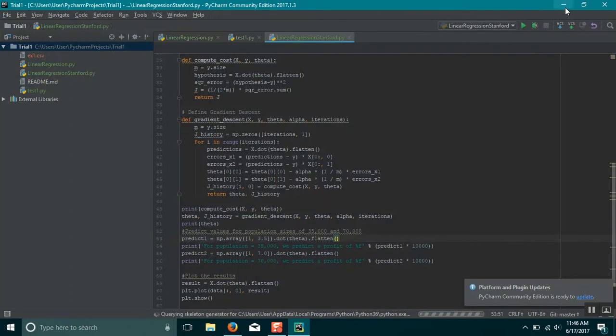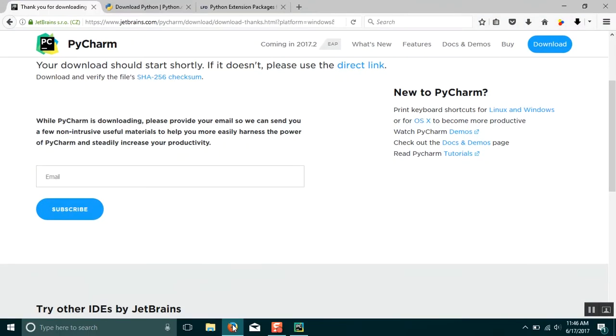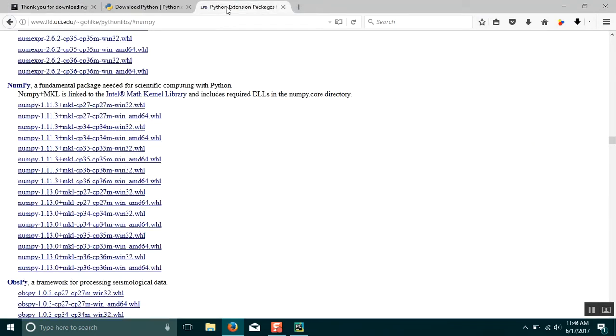So the one problem that most people face is that even after following these steps, they were not able to install NumPy, SciPy, or they face some problems, and it might show that it is not properly installed. So what you have to do, the last and the most common step to get out of that kind of problem, is to go to this website